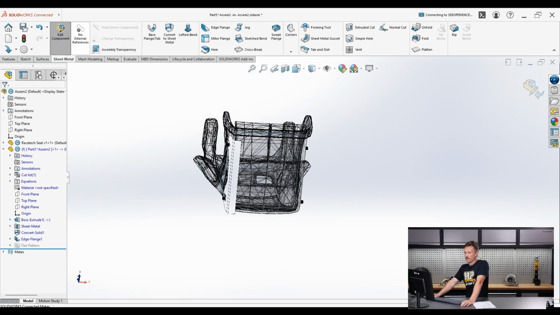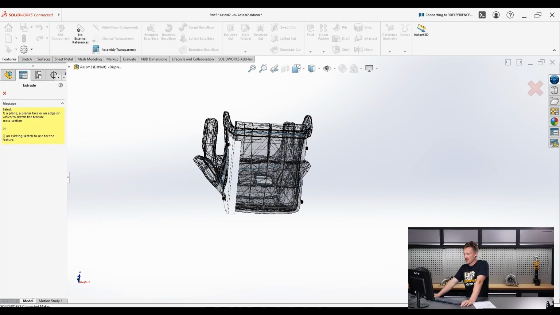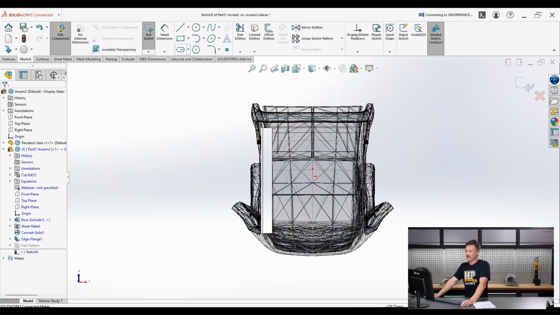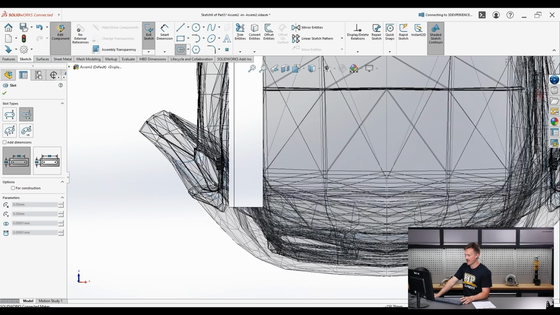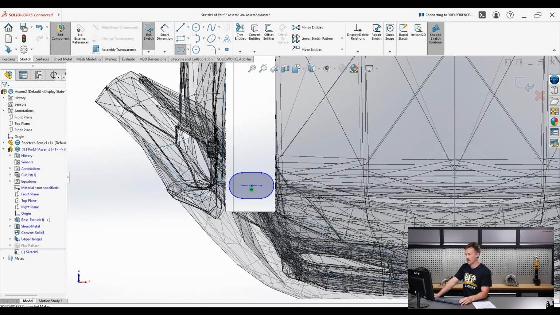Still editing that component. We'll jump back and we will first, I think if we go features, extrude to boss, and then sketch on that plane there, then we can use the center point slot tool and sketch a slot there. We'll set that